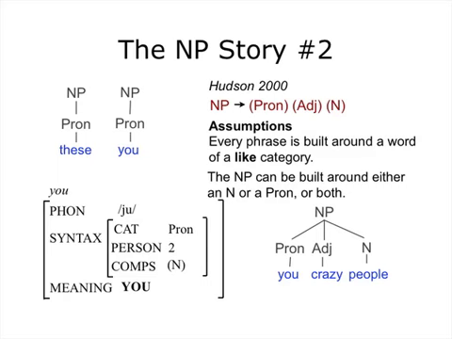And when they go with a noun, they go in that initial slot. And they can have adjectives after them and so forth. So in the lexical entry, syntax would say category pronoun,